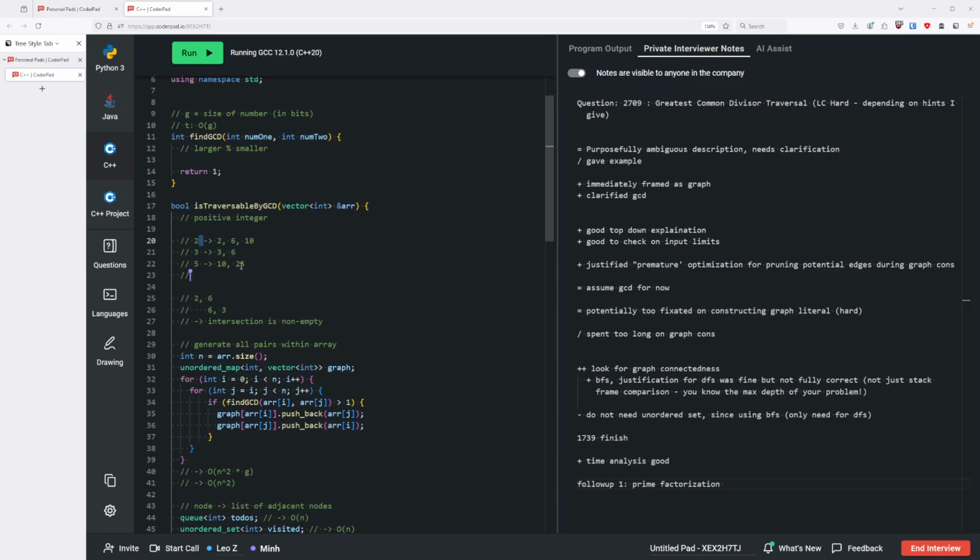Merge all of the items into the parent set, and you would check that the parent set has the same size as the input array, and therefore it is traversable. So the set intersection is just a stepping stone. That's not actually the optimal solution. It actually still would